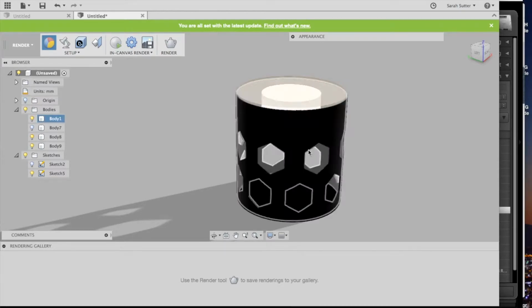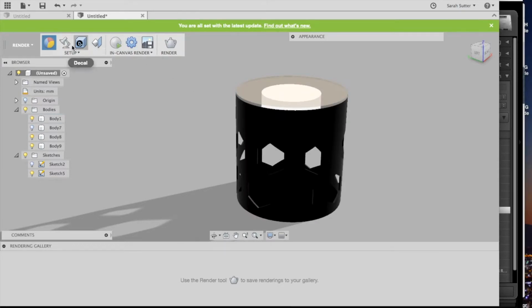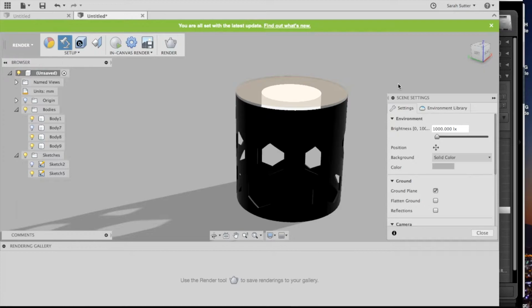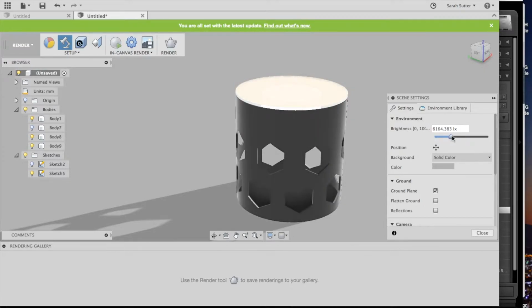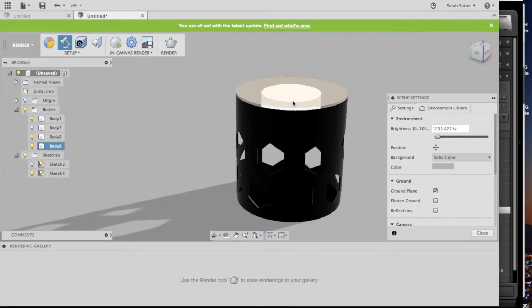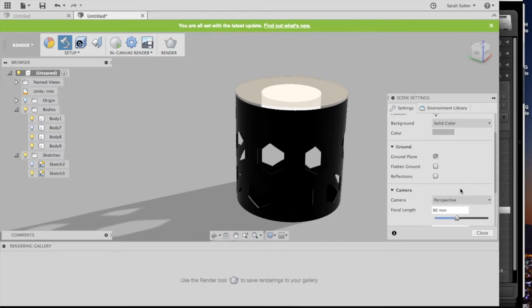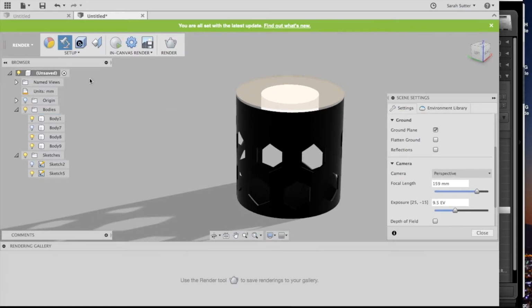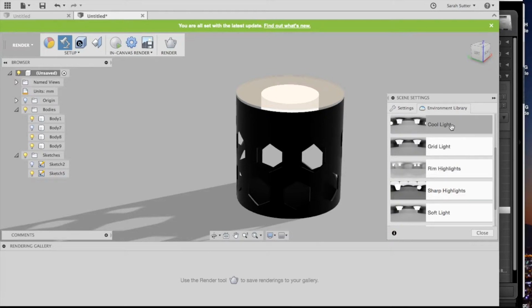Now, this has light on it. You have all kinds of options with your scene setting. How bright is it? Do you want it to get brighter? I don't really need it to be bright because I'm going to add the brightness with the luminance from the emissive component of this. Any other settings that you want to do, whatever, it doesn't matter. The important thing here is that what you're going to do is an in-canvas render,